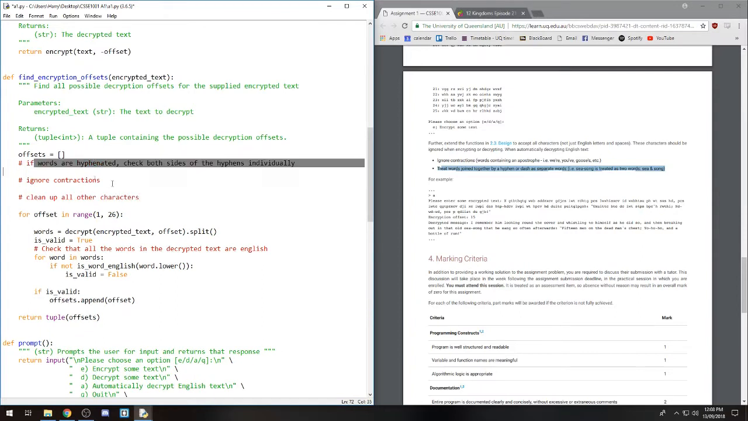Now these three comments here don't mean I actually have to do that sort of functionality in place here. They're just sort of for me to remember. But this first one, if the words are hyphenated, check both sides of the hyphens individually. Something we could do to complete this functionality quite simply is we could just say encrypted text dot replace, and we want to replace all instances of a hyphen with a space, and that will just make sure that when